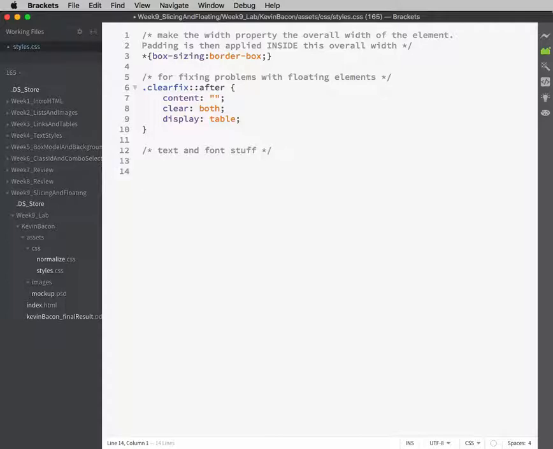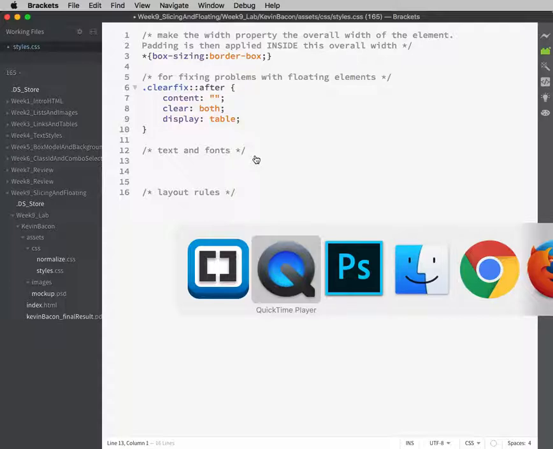I can't talk and type at the same time. And then put layout type things in the other area. So layout rules. Let's make this look a little more professional. Text and fonts. And then I'm going to take a look at the